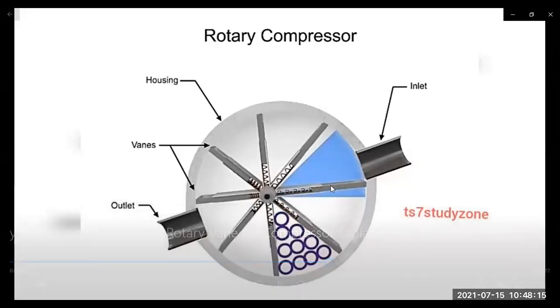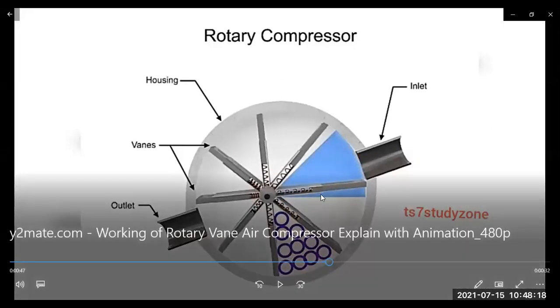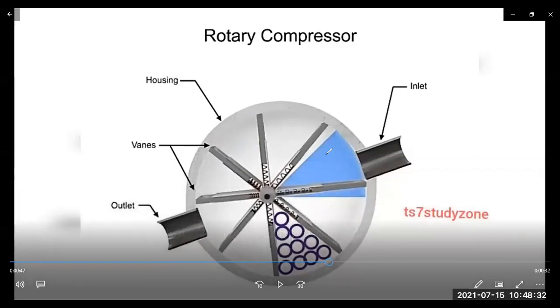So now when this van will rotate, you can see the volume will gradually decrease. You can see here the volume is more, but as these vans rotate, in this position the volume will decrease. Okay, suppose here the volume is V1, and here we take the volume as V2, then V1 is greater than V2. This blue color volume is greater as compared to this volume. Okay, so from this position to this position, the volume gradually decreases.